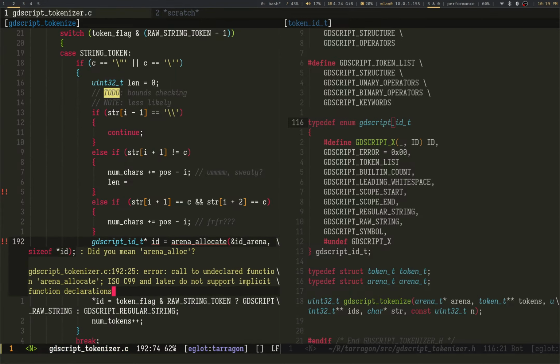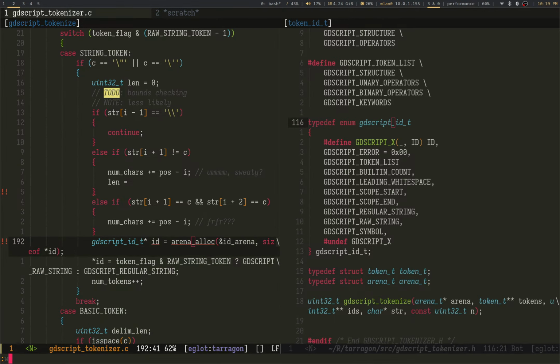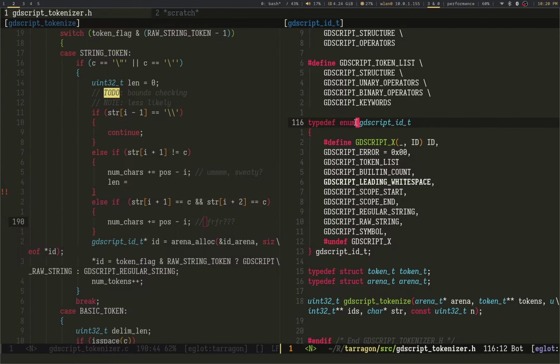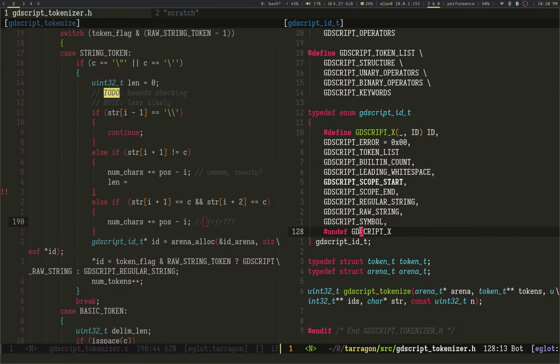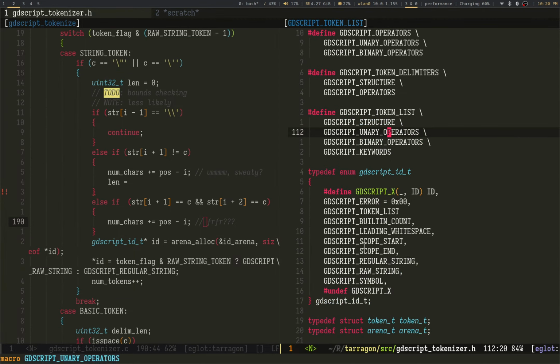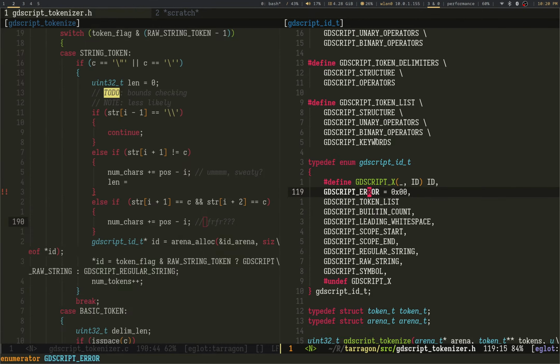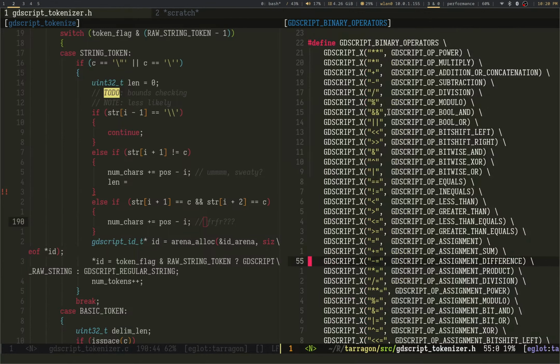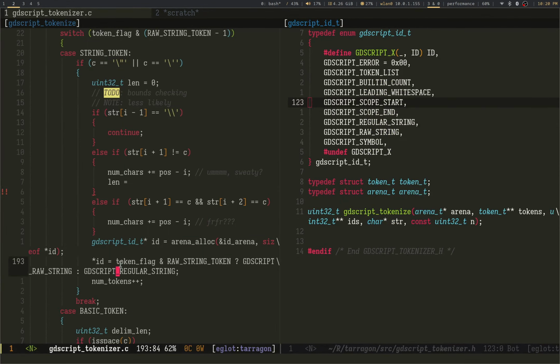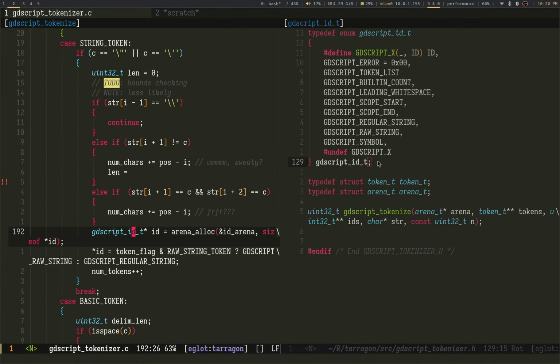Cool. Yeah, I did mean that. Thank you. And actually, no, this is going to be the size of, this is going to be 4 bytes. Because enums, how it works, actually, I think it's going to be, how big is this? Was it 87? I think it's 80 something or other. This might be the size of character actually, which is great. Yeah, this might be character sized. I don't know.